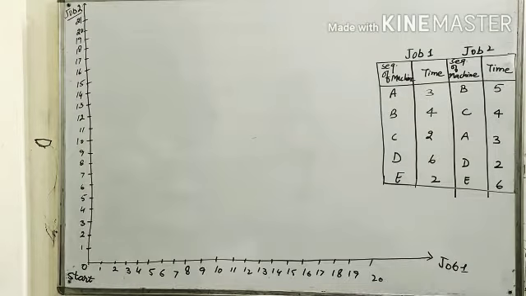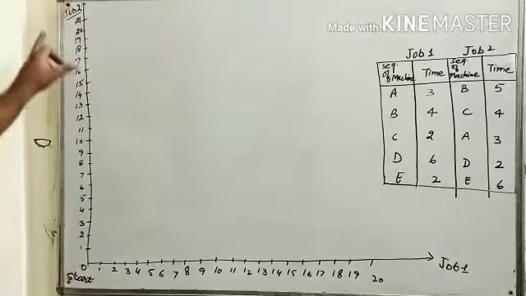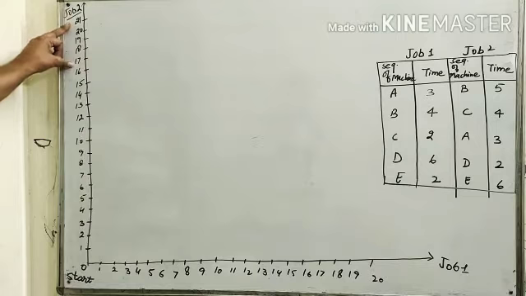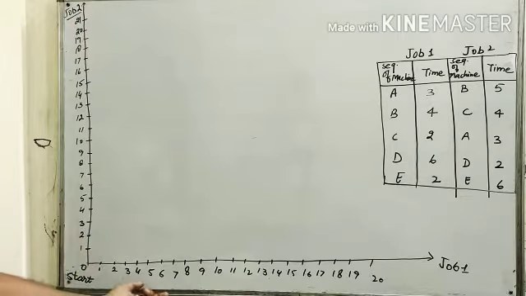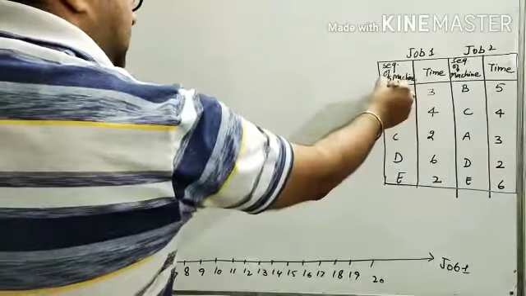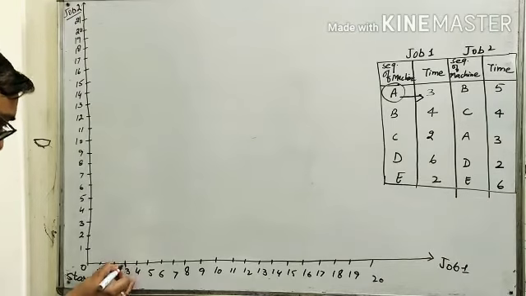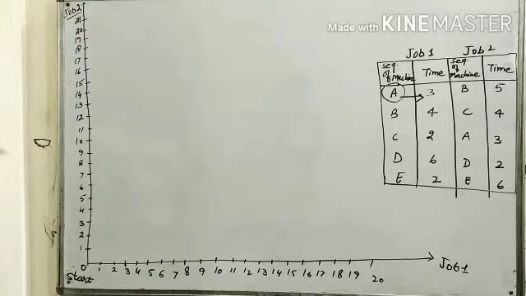So in this problem, we have to draw 2 lines, one vertical and another horizontal. On the horizontal line, we have to show job 1 and on the vertical line, we have to show job 2. And on these lines, we also represent the sequencing of machines. At machine A, it will take 3 hours. So mark 3, and you know every job will start from 0 when the processing starts.